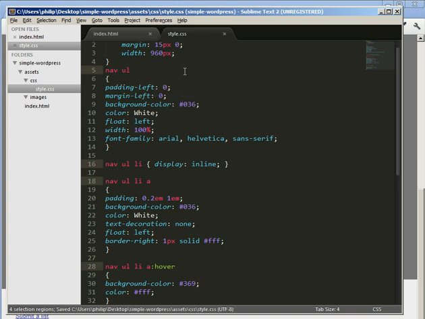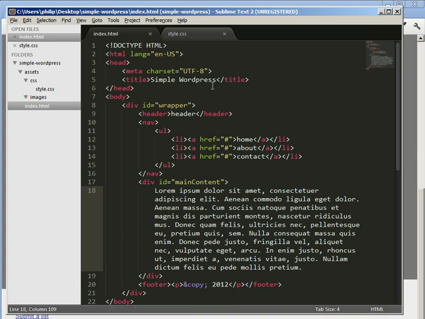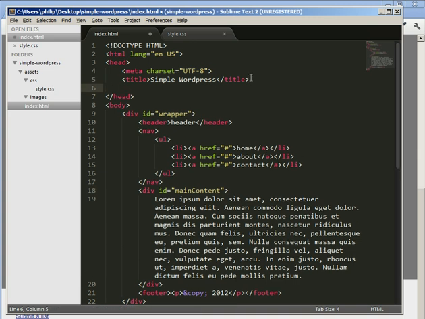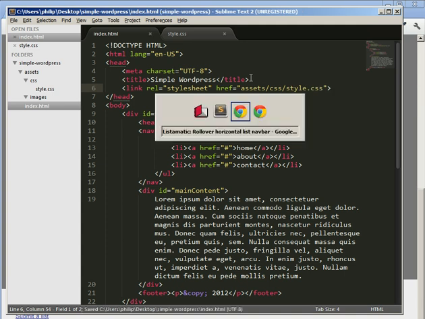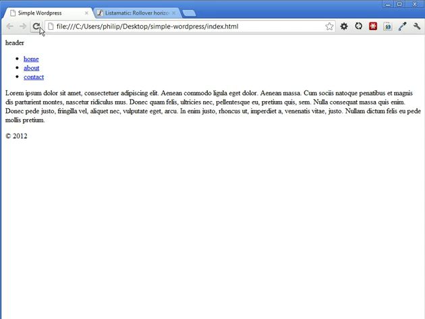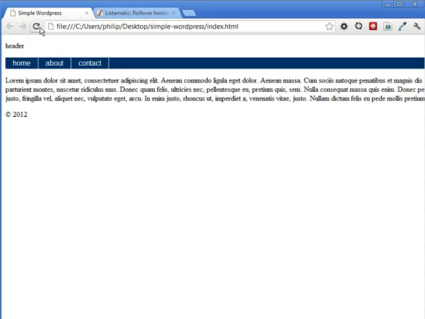So if I save that, and now I have to go back to my HTML page, I just have to connect to that, and if I say link, it's going to ask where it is going, and I like to put in assets, CSS, and whoops, CSS and style CSS. So we go back to our page, refresh, there is the page,